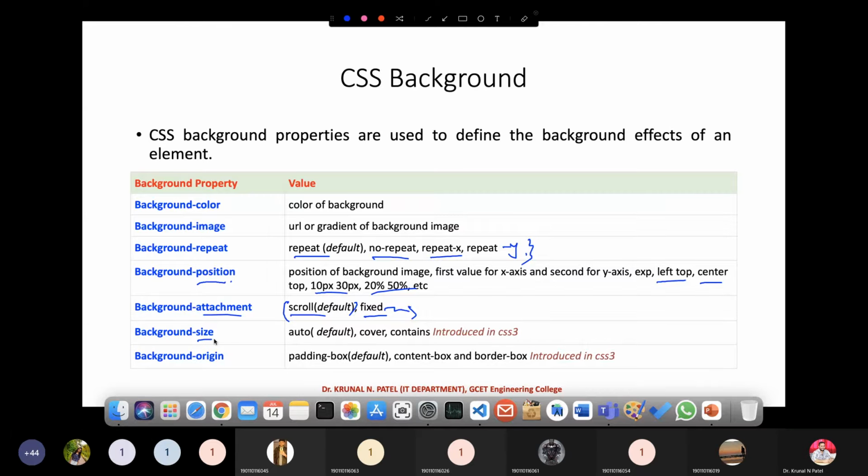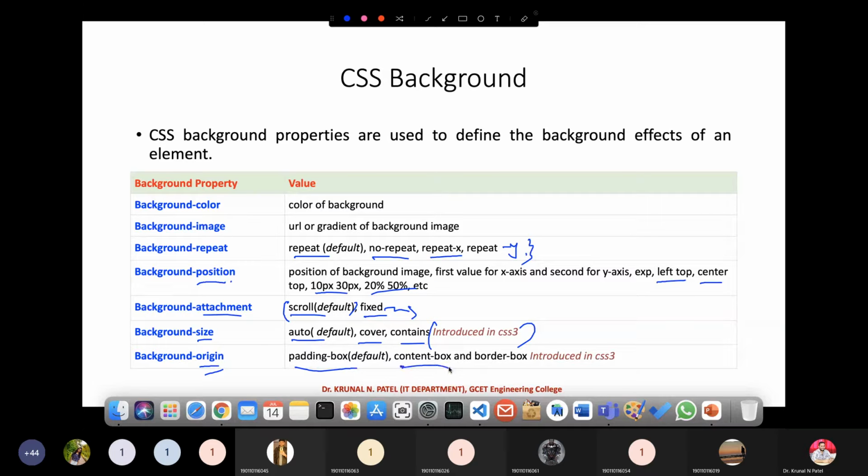Another one is size, right? Here auto is the default, then cover and contain, and these were introduced in CSS3. So these two properties related to the background were introduced in CSS3. Another one is origin. So padding box, we have also discussed in our first slide what padding is.